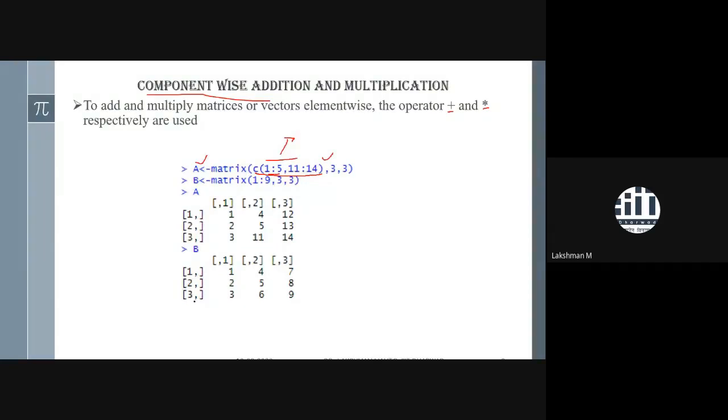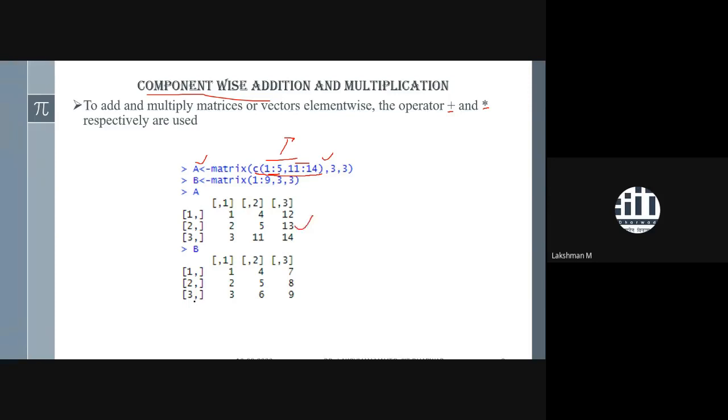One sequence is moving from 1 2 3 4 5, and another sequence is coming here: 11 12 13 and 14. Four members coming here. So it is a juxtaposition of two vectors itself, and in order to do that we are making a 9-dimensional vector. So this is the A I have created this way.